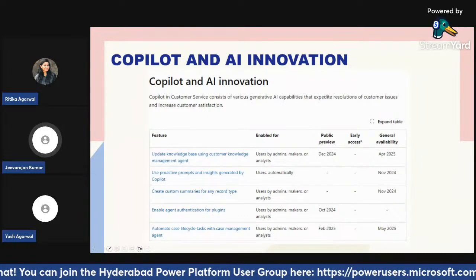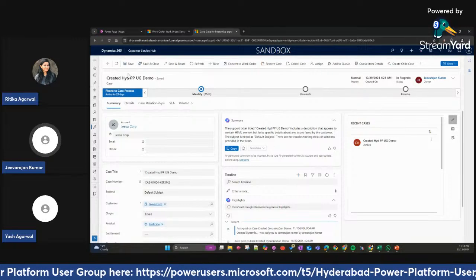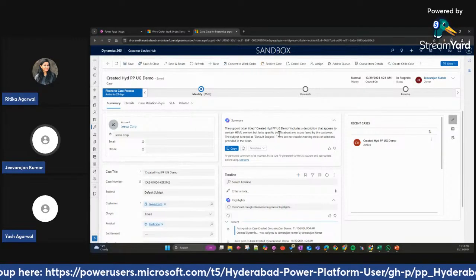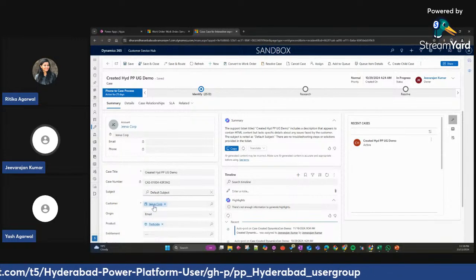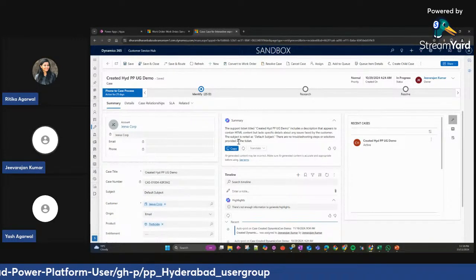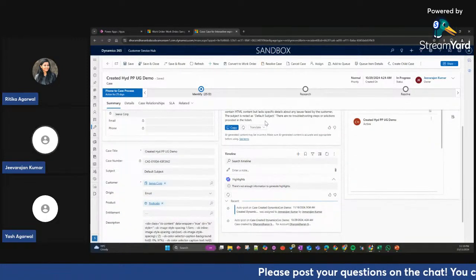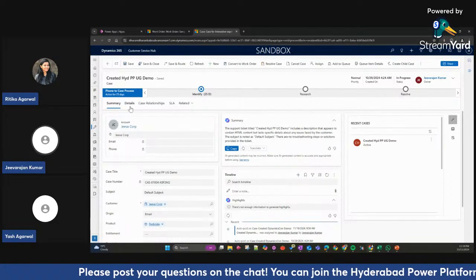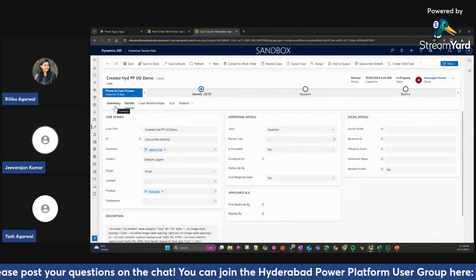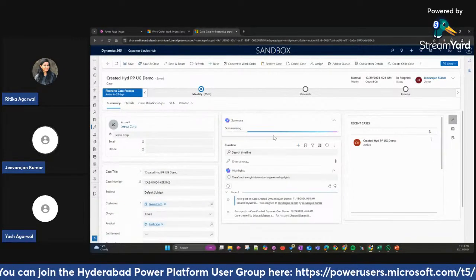So if you just go back and open the system, to give you a live scenario. As you can see, there's a case here, one of the cases created for a sample customer and scenario. If I go and generate this content, you can see the support ticket created, with the description. For this specific customer there's not much information, that's why you're getting this kind of output. If you have more information, like the one in the video, you'll have more proper responses than this one.